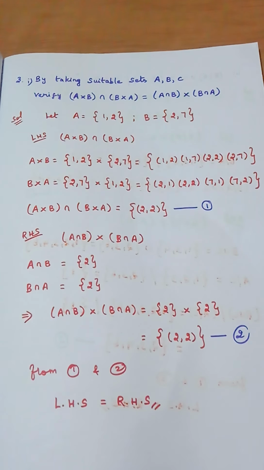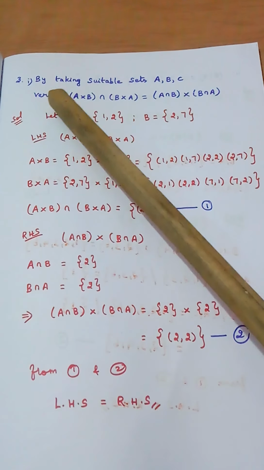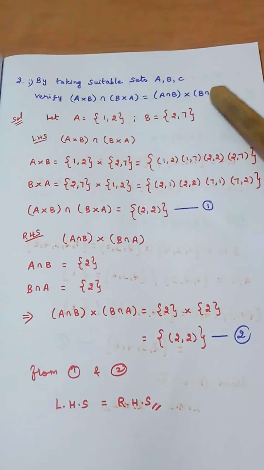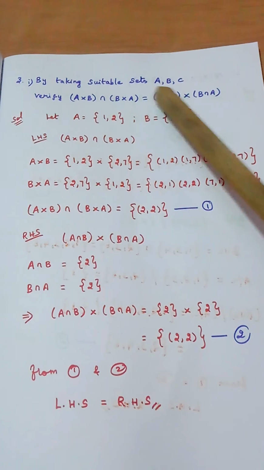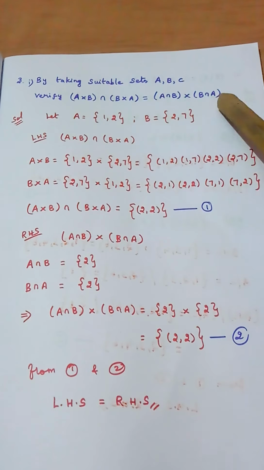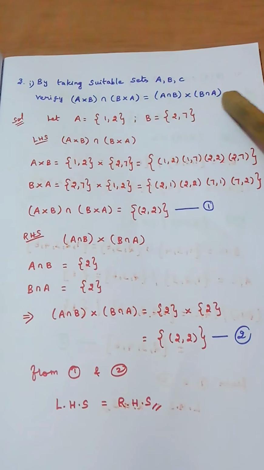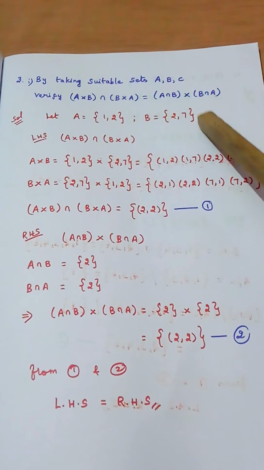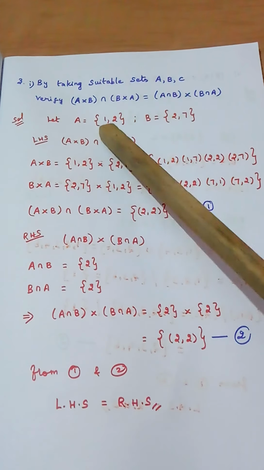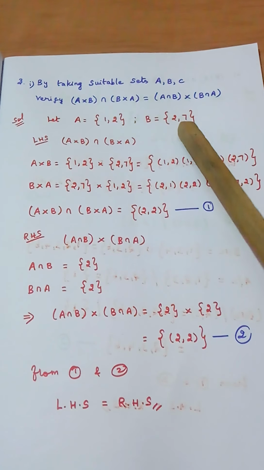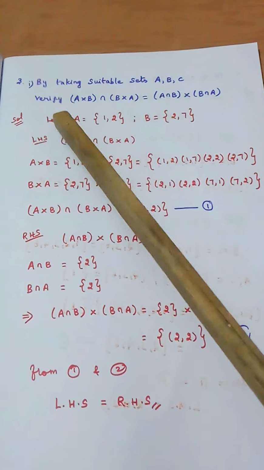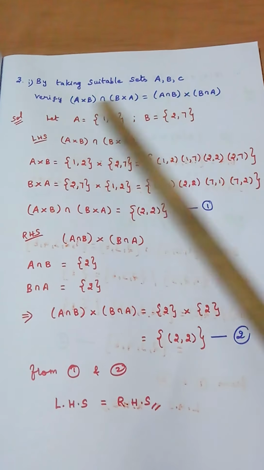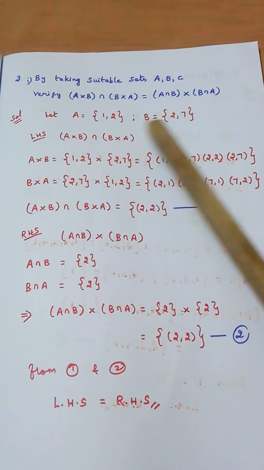So we are spending time reading the question because we have to understand the question very clearly. What is given? We have to prove this by taking our own sets A, B and C. But in this sum, we do not have any set called C, right? Only A, B is present. So we are not going to take C here. I am going to take only A and B for this problem, right? Since we don't have any set called C in the question, we are happy to take only two sets A and B.